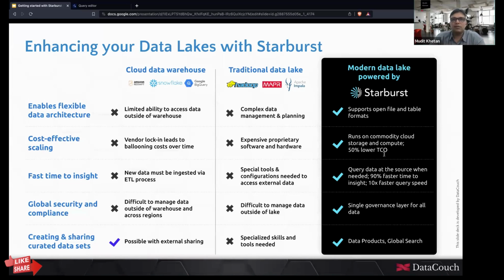Mind you, Starburst is not designed for mission critical real-time analytics because, as I mentioned earlier, the Trino cluster does not have any storage of its own. So whenever the data is being processed, whenever there is a materialized view, whenever there is some data that needs to be analyzed, it comes directly from the data source every time you run the query, right?